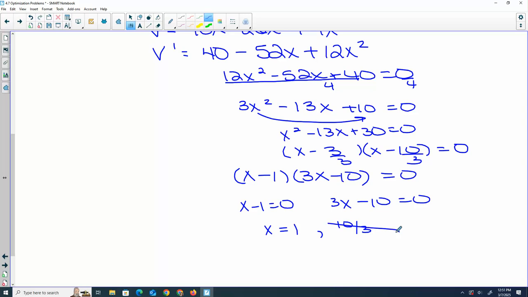Also, would it have made sense if we got a negative? No. So we need to always check. And then the question was, how should this be done to maximize volume? So the squares